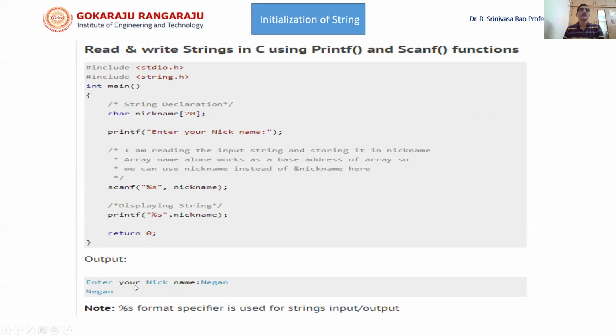So here we wrote enter your nickname, and in the output we have given negan, and now this will be taken and stored against nickname, and when we ask it to print it, it is printing it as negan. An important point is that the %s format specifier is used for string input and output.